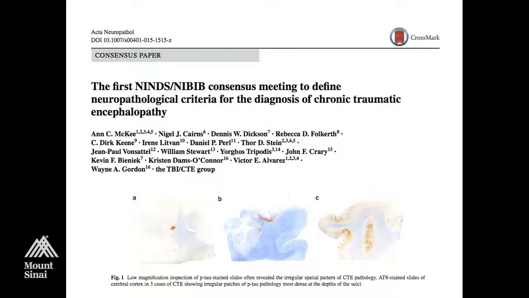One of the results of all of this interest has been these new criteria for chronic traumatic encephalopathy. Anne McKee is leading the neuropathology effort up at Boston University, and I have had the privilege to participate in this study, as has Dennis Dixon, who's going to be speaking in a couple minutes. What Anne and her colleagues have done was to collect the largest cohort of elite athletes, football players, other athletes